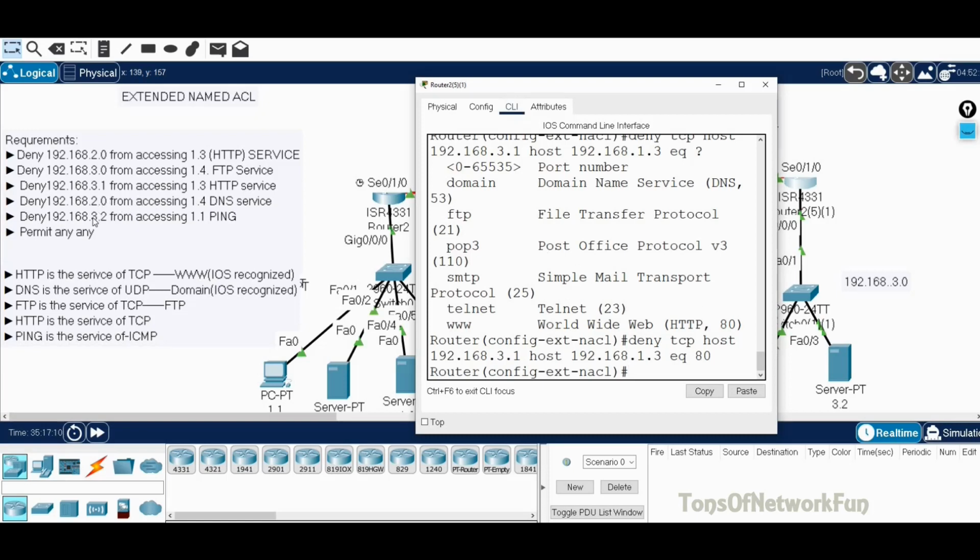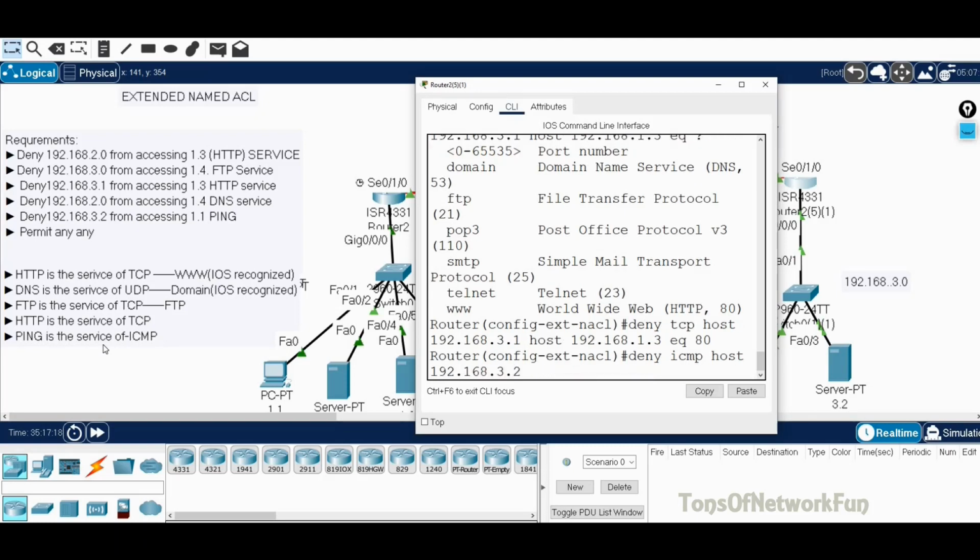So the last one is 3.2 from pinging 1.1. So deny. Ping is a service of ICMP, right? Ping is a service of ICMP. So deny ICMP. And then we can start with the source address. It is an actual device, an actual IP. So we need to say host 192.168.3.2. We don't need to provide wildcard bits because it's not a full network. We can start with the destination, which is 1.1 host